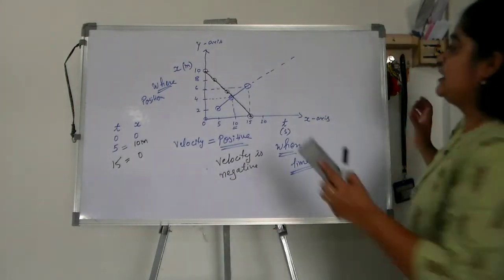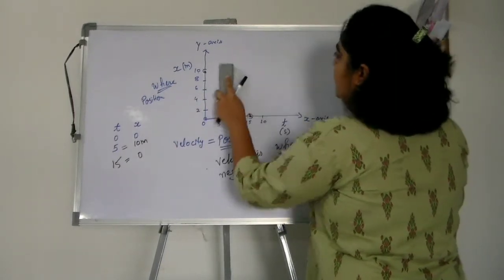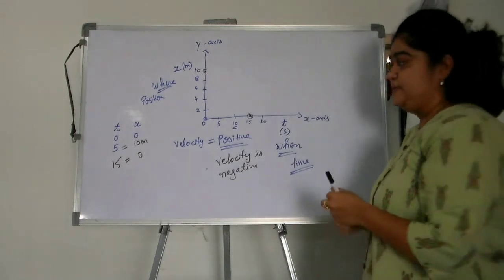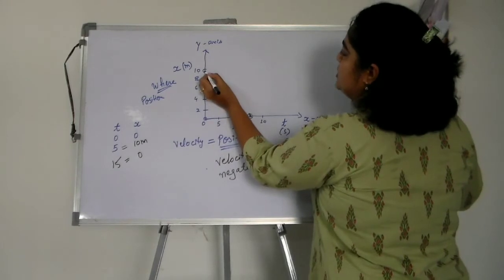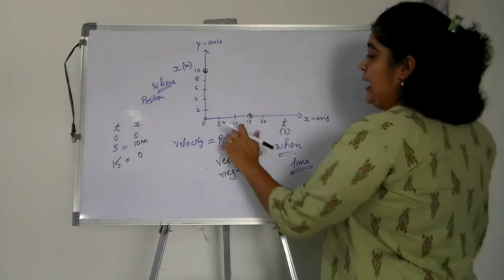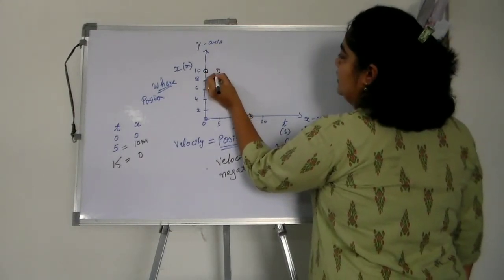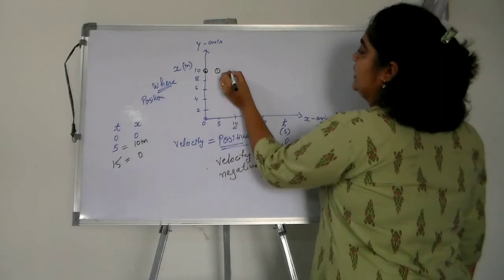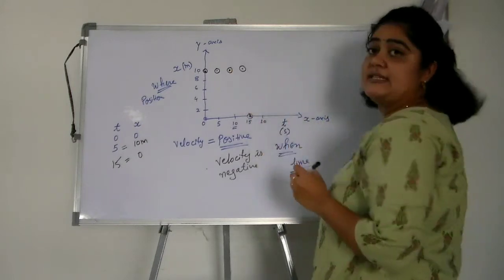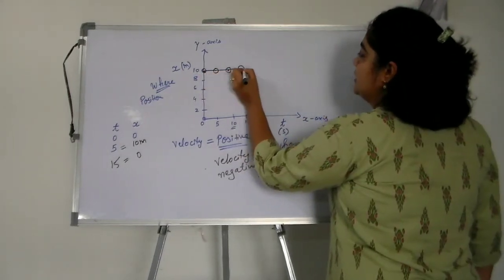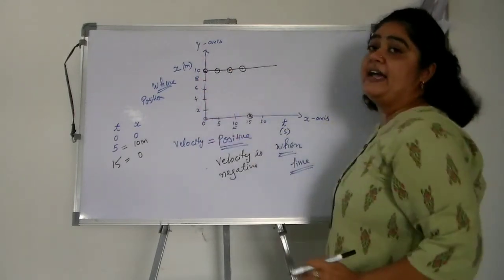Now, a very interesting point, and I am sure you will all be very happy and appreciate that you yourself have understood this. For example, at time t equals 0, the position is here like it was. At time t equals 5 seconds, the position is again at 10 meter. At 10 seconds, the position is again at 10 meter. At 15, the position is the same. That means with the increase in x-axis, there is no change in the y-axis.